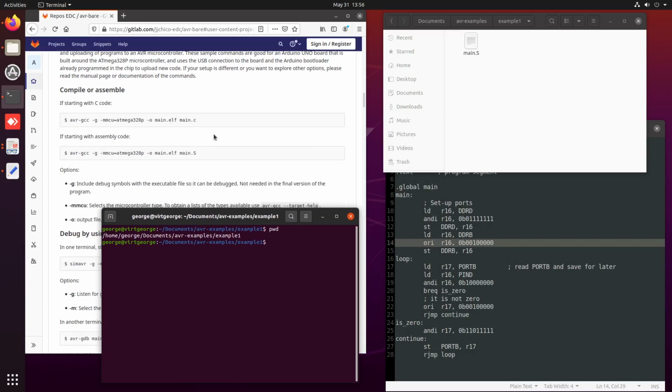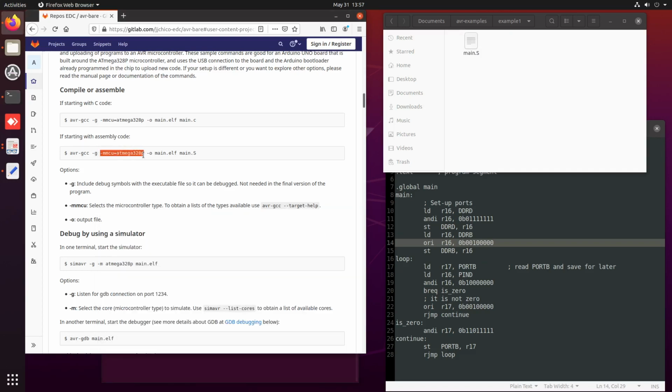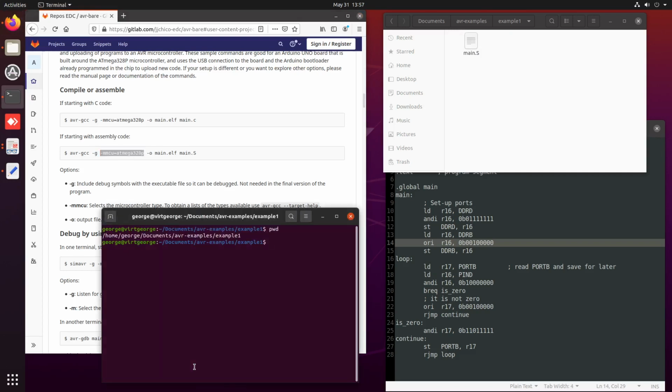It can be done with the GNU compiler, the C compiler, because the GNU compiler actually works as a front end. So if you give it a C file with a C program, it will compile it. If you give it an assembly program, it will just assemble the program. And the compiler needs to know what type of microcontroller you want to generate code for, because different chips have slightly different options. So we basically execute that,